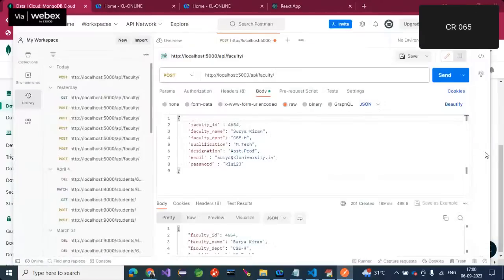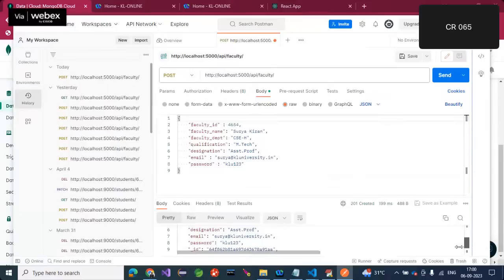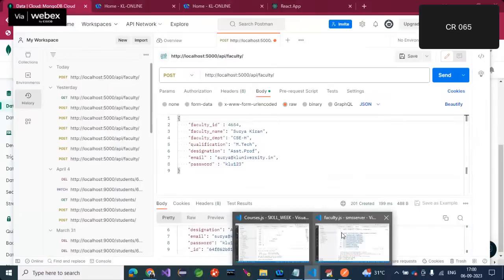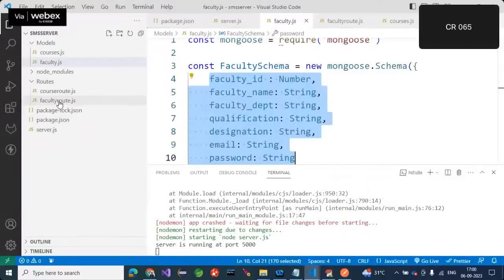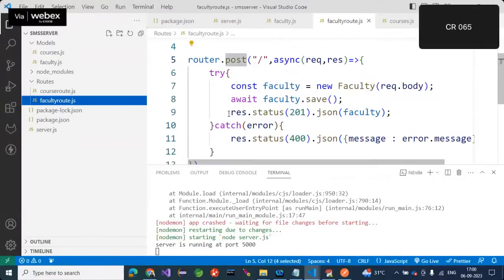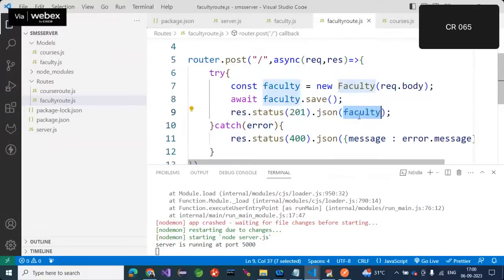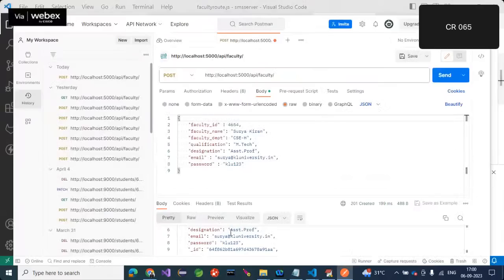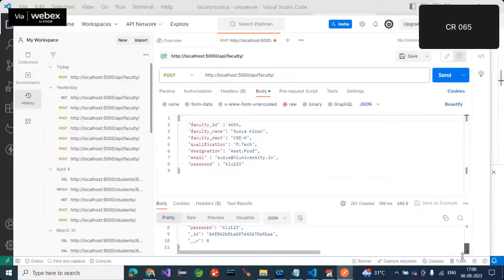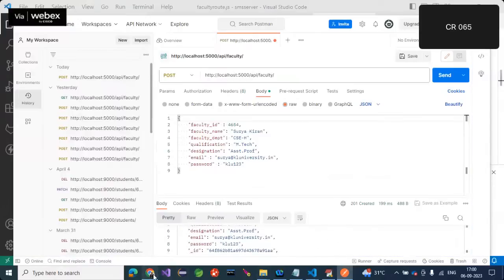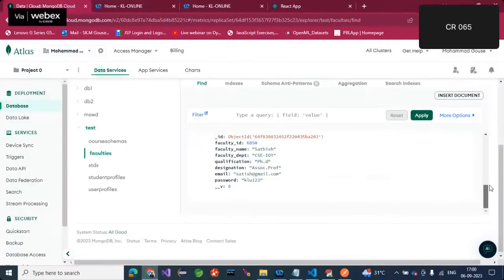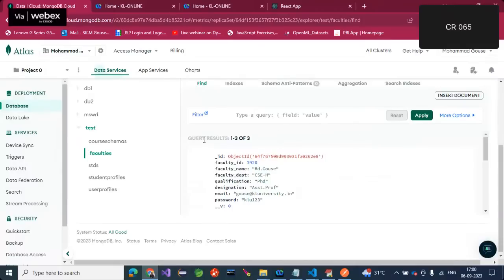Once I press the send button, if you observe here, in the response I passed my total faculty object as per my code. As per my code, in the faculty route, in the post method, in the response, what I sent was the total faculty object. So that's why the total information is there, right? Total information is already coming here. If you want to check in the database whether it has been stored or not, we saw 3 records just now. If you refresh it,